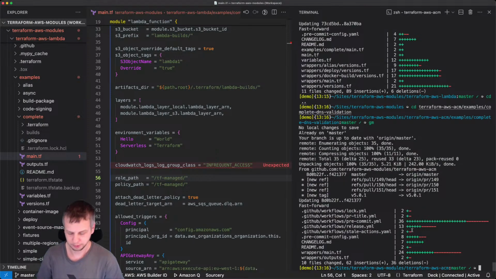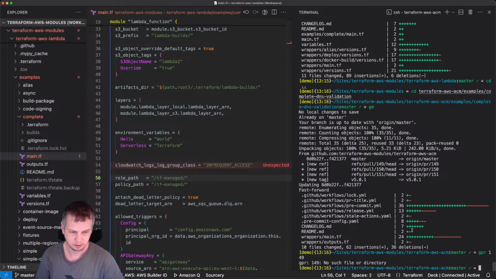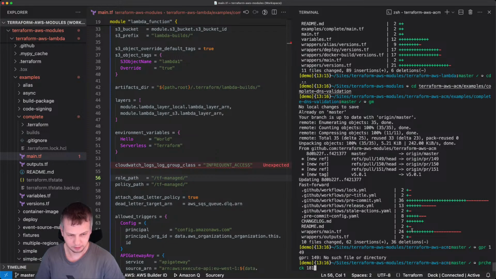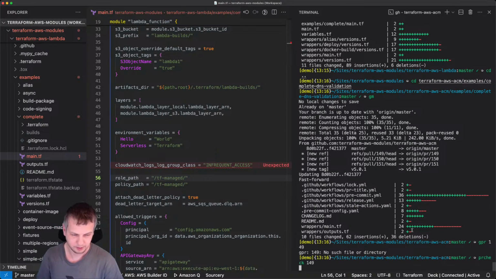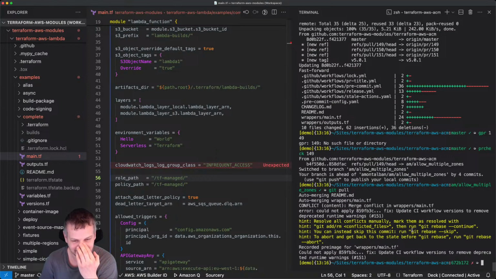So 149, then it's PR check 149. I made an alias and I forgot which one to use. It's pretty funny. What? Switch to your branch ahead. Git push. Push where? Push what?